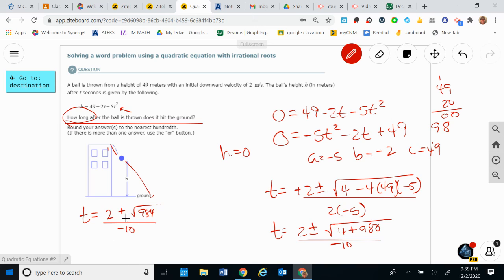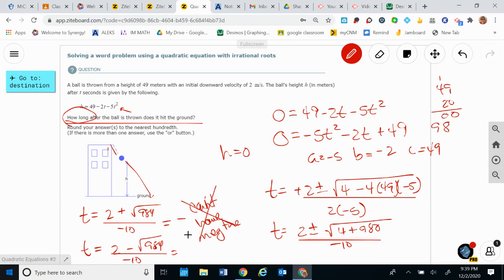Do you guys see that this is going to be a negative answer? Do you see how that's going to be negative? This is going to be some positive number divided by negative, and you're going to get a negative answer. We can't have negative time. So this answer gets thrown out. Okay? So this one doesn't work, but the next one does because it's 2 minus the square root of 984. That's going to be negative over